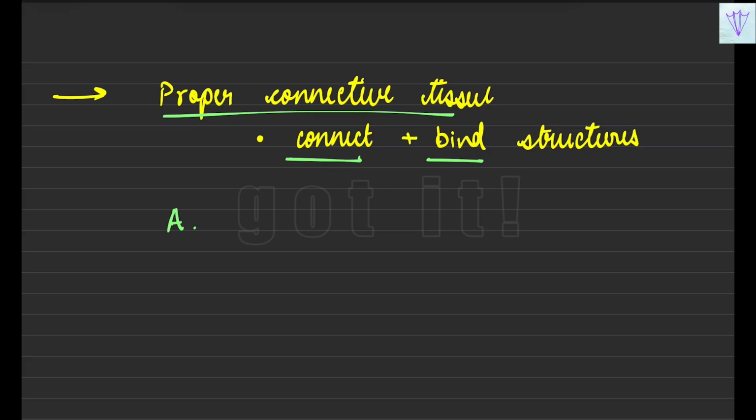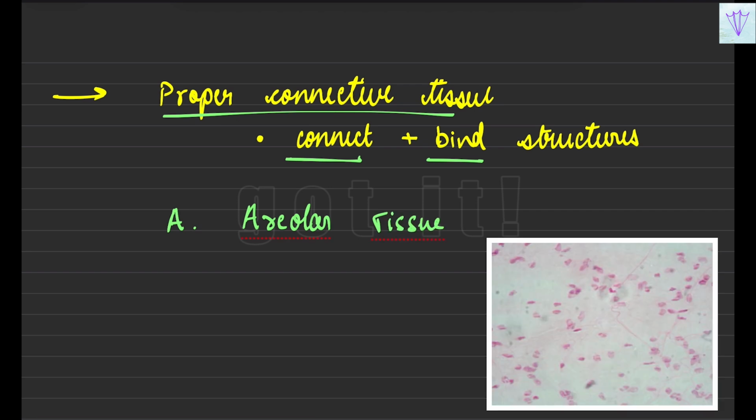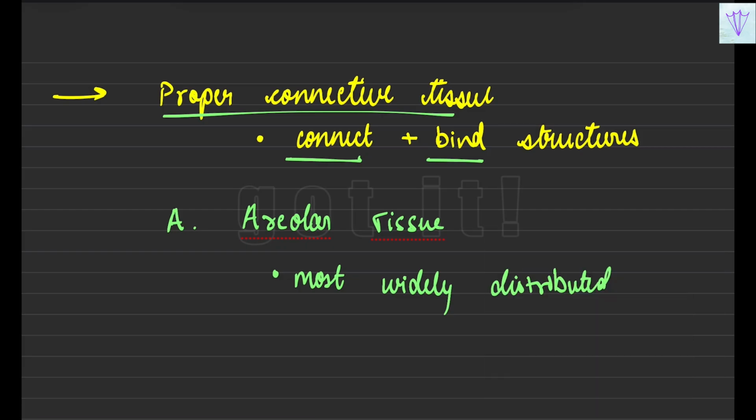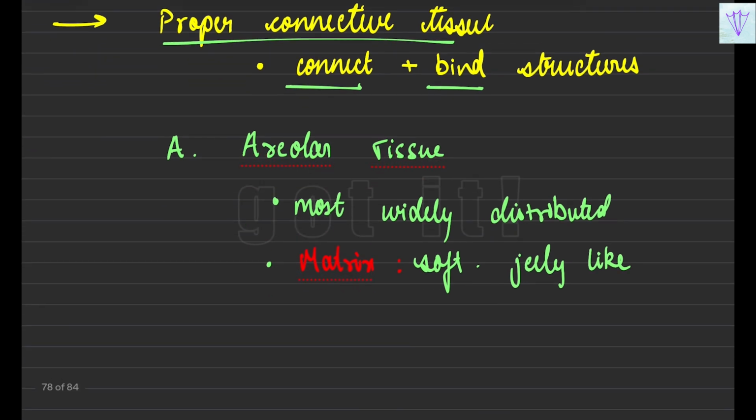In that, as we have already seen, the first one is areolar tissue. So what is it? It is the most widely distributed connective tissue. And speaking of its matrix, it is soft and jelly like, and it will contain